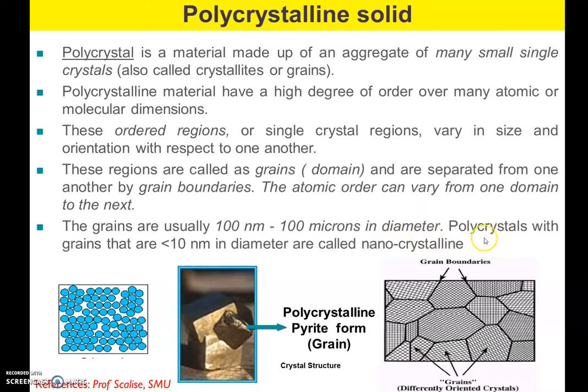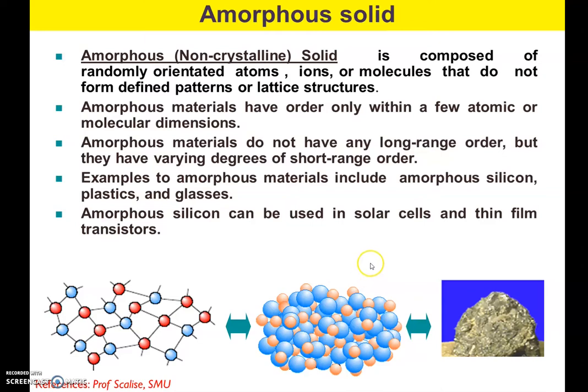Okay. And in polycrystalline materials, if you have grain sizes that are less than 10 nanometers in diameter, then basically you are reaching this nano regime. So they are generally called nanocrystalline materials. Okay. Similarly, the third type is amorphous solid, and as you might have predicted, these are basically randomly oriented